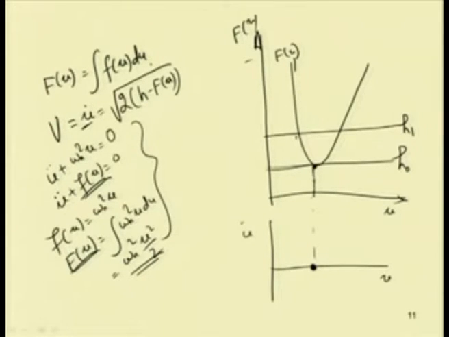If I take another point h 1 here, up to this F u equal to 0. So we will have this h 1, and this is F u. Corresponding to this point the velocity will be equal to 0, and similarly corresponding to this other point the velocity will also be equal to 0. So the velocity is 0 at this point and at this point.